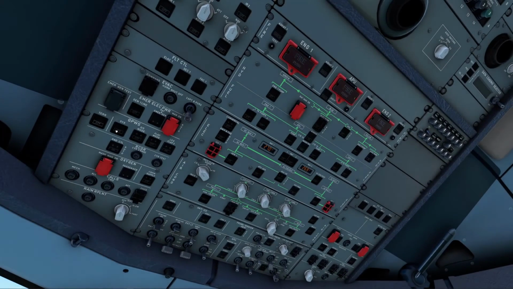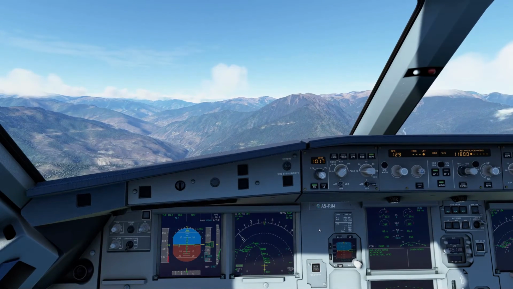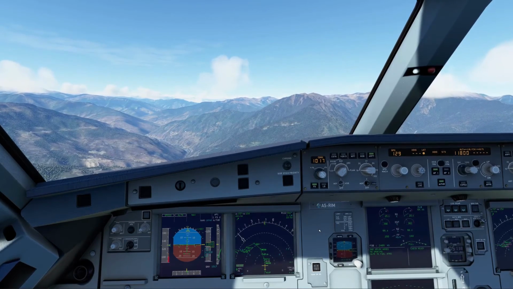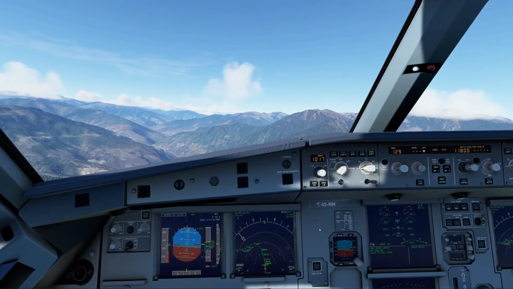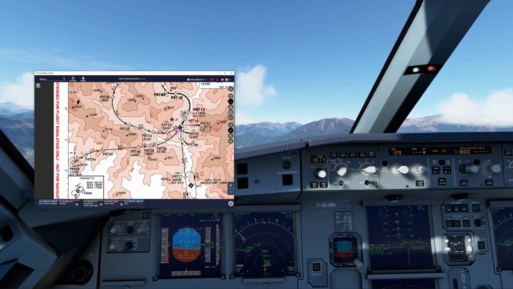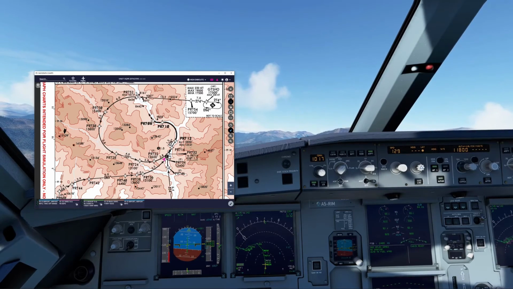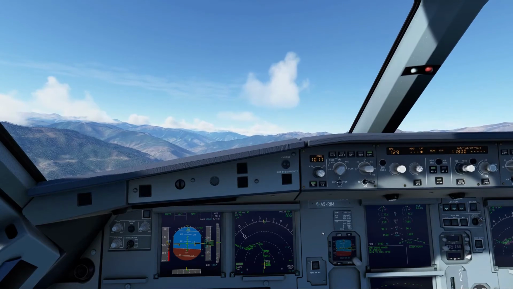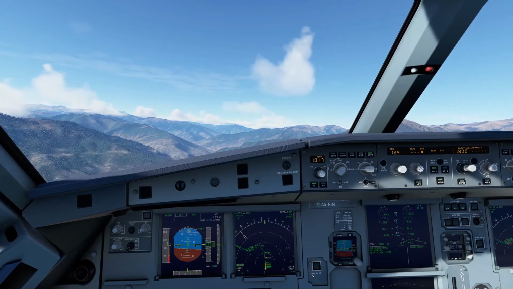Right, I'm going to turn off these two, so we don't continually get terrain warnings. Right, you can see where we are now, 11,800 and PR12. We're going to knock out the autopilot at PR12, just around there.